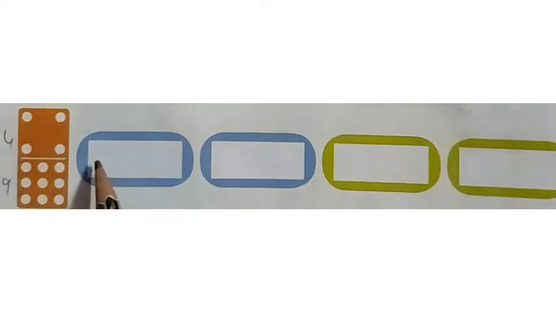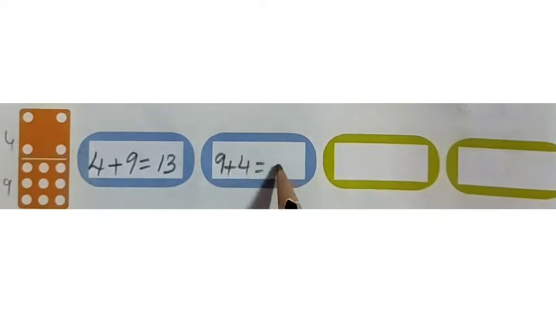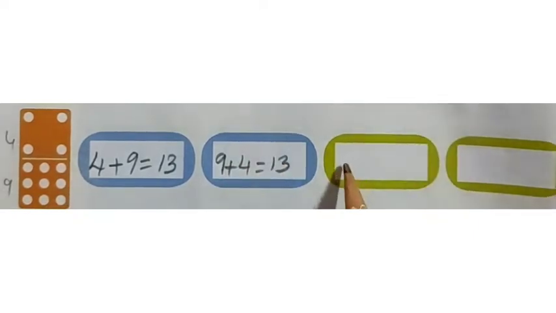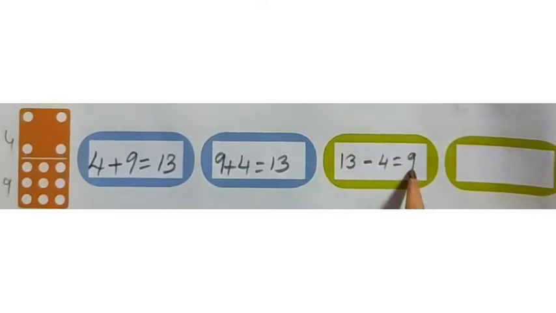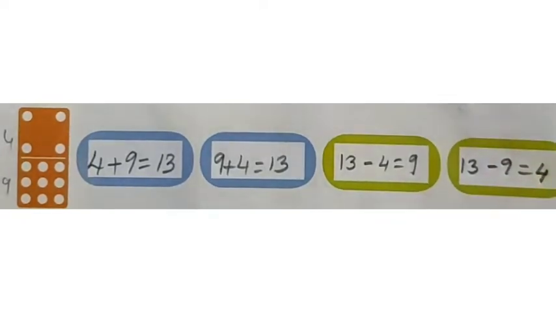First here we have 4 balls. Write down 4 plus 9 equal to how much? It is 13. So here interchange their positions or undo their positions. 9 plus 4 equal to 13. Here in subtraction facts write 13 first. Minus 4 equals 9. Again write 13 and undo their positions. Minus 9 equal to 4. In this way we get two addition and two subtraction facts, children.